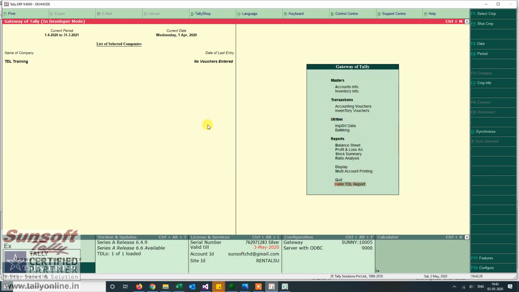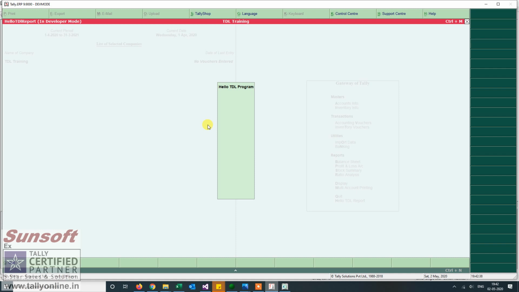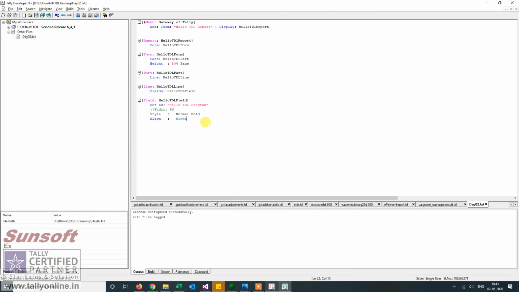So one change is there. Now you see the width of the report has changed. Since I have removed the width part from the field, whatever the total width of the text is, it is taking as the total width of the report also, and so it is aligning itself in that space.